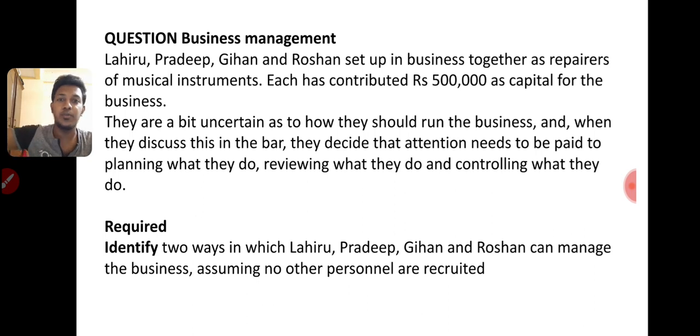Customer service is given to Lairu, right? Repair: maybe not everyone will be a specialist in repairing the musical instrument. Maybe 1 or 2. We will give the managerial post to them. Pradeep or Gyan, I don't know. I'm just assuming. So just think about the management process. There is the remuneration policy, so HR manager maybe 1 person. He will decide everything. We are thinking from the management point of view, not doing the business itself, but we are giving the management responsibility there, right? We will see the answer.